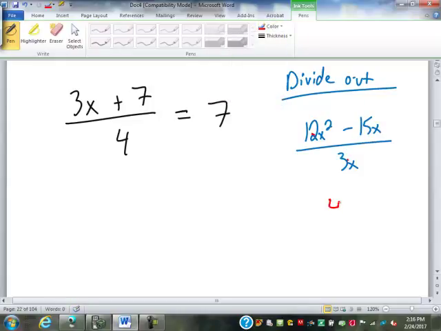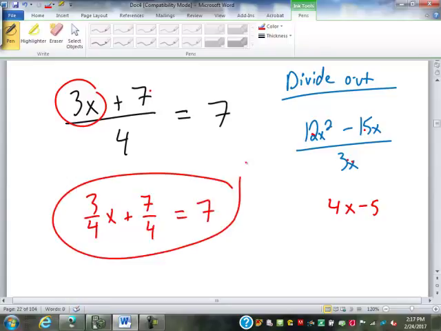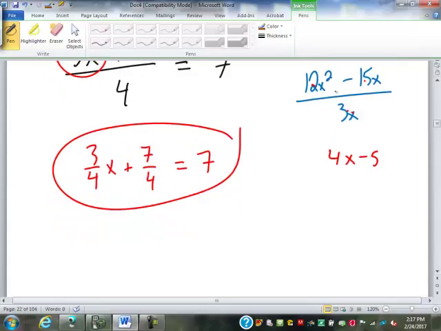12 divided by 3 is 4, x squared divided by x is x. Negative 15 divided by 3 is negative 5, and the x's divide out. I could do a similar thing here. 3x divided by 4 is going to be 3/4 x. Positive 7 divided by 4 is going to be a positive 7/4. Well, that forces us to work with fractions, and I want to kind of avoid that for a few more minutes now. The other option, the simpler option,